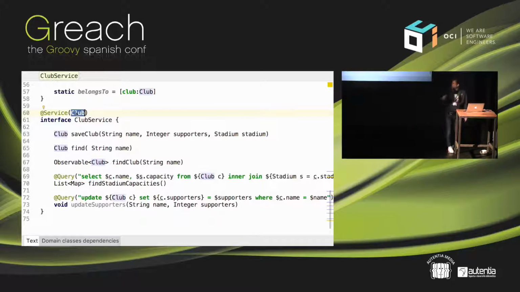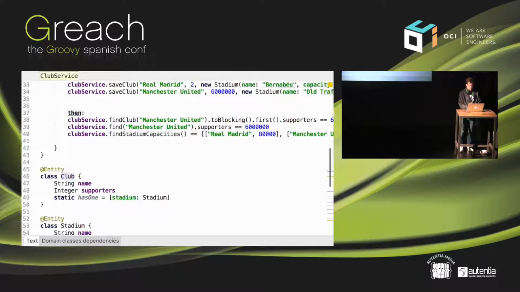What GORM Data Services does for you is it automatically implements this interface for you. Yeah? And it does it at compile time. Yeah? So there's no runtime proxies. There's no runtime startup cost because it's all done at compile time. Yeah? And because it's done at compile time, it's really smart. So if I run this test, for example,